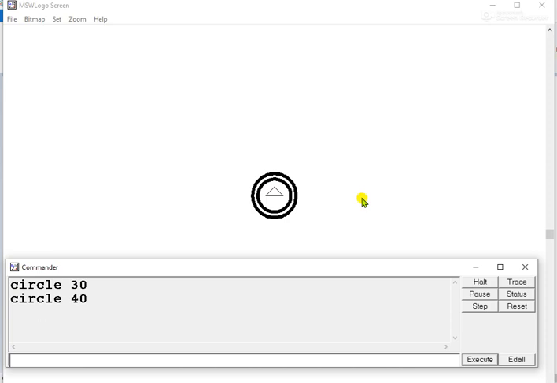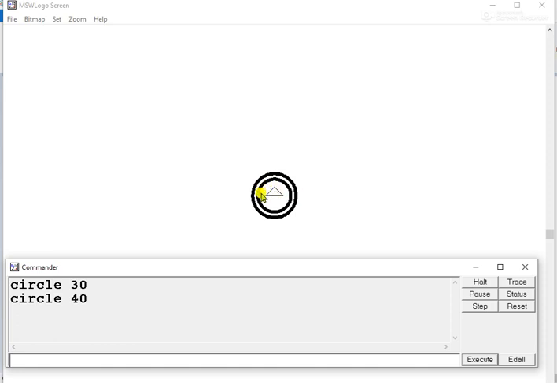Now to draw a car, I want to draw a horizontal line from the center towards the left of this turtle. When you want to draw a horizontal line, first you have to change the turtle's position. Now it is pointing towards up. So you have to turn it towards left or right.